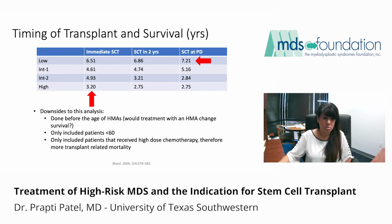And then switching gears to this bottom side over here with the high risk patients, we see that if we wait a really long time and we wait for them to progress on their chemo, their survival is 2.7 years. However, if we find high-risk MDS and we immediately take those patients to transplant, they have a much better survival. The downsides to this analysis is that it was done before the advent of